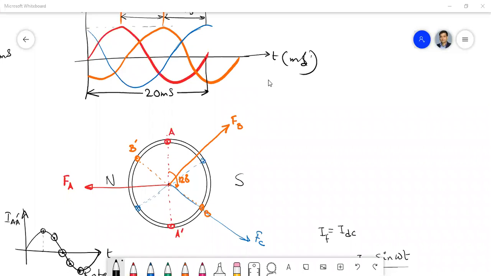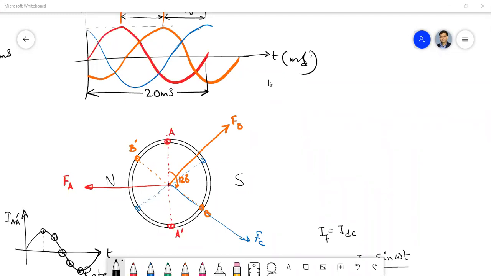Sir, if we try to rotate the whole magnetic field, it will connect the magnet, these coils. So the easiest way is, suppose we have a permanent magnet having a fixed North Pole and a fixed South Pole, and if we rotate it externally by some prime mover, then only we'll get the rotating magnetic field. If we have a permanent magnet having a fixed North Pole and fixed South Pole and we rotate it, then also we'll get the rotating magnetic field.